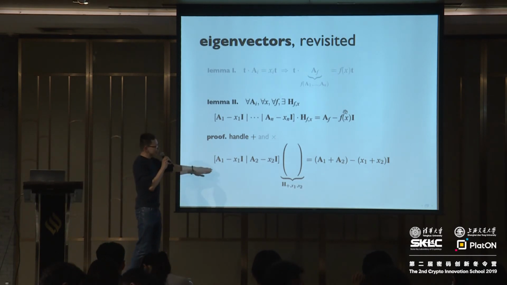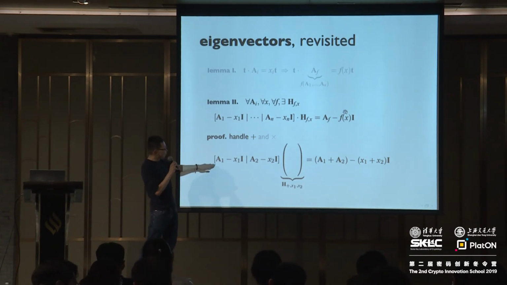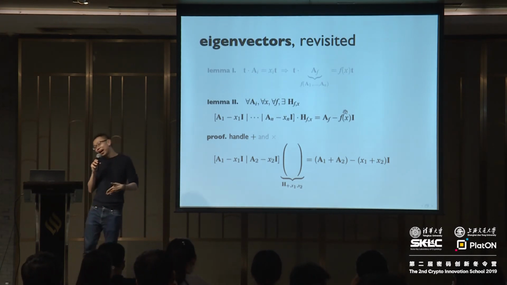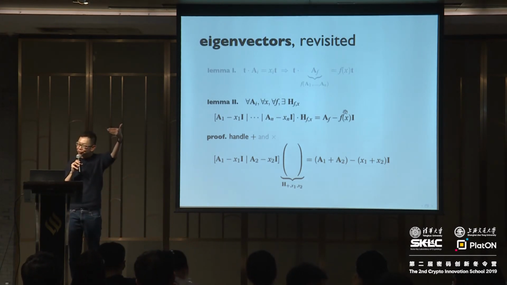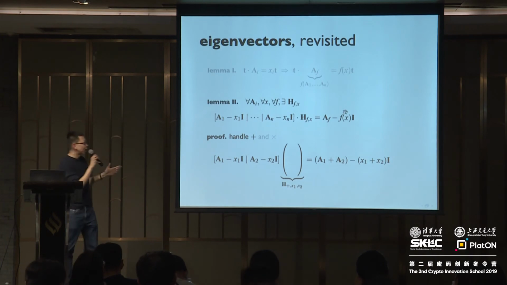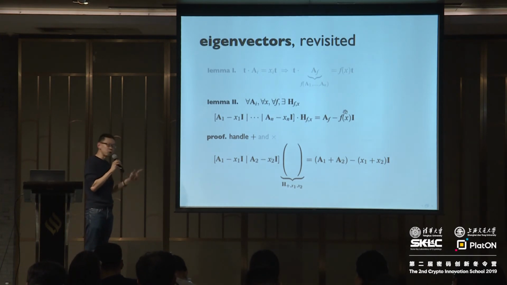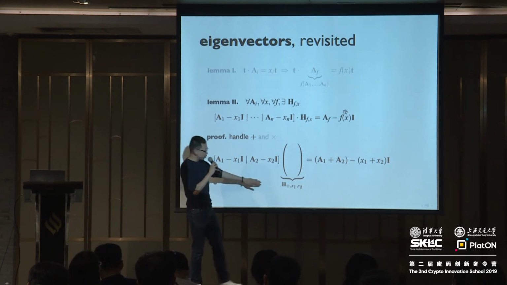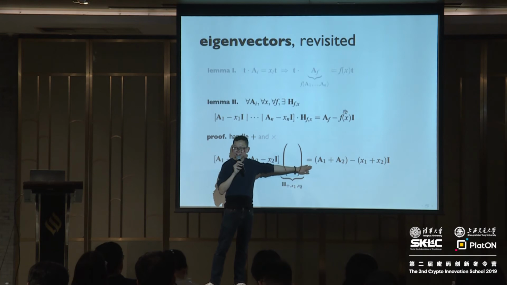So I have the left-hand side, which is whatever corresponds to here for n equals 2. The right-hand side is exactly the right-hand side from before. Remember, A_f is basically applying the function f to the matrices. So A of addition is just A1 plus A2. So that's the expression on the right-hand side. What I need to do is to construct a matrix H with the property that this thing multiplied by this matrix H is exactly this thing on the right-hand side.